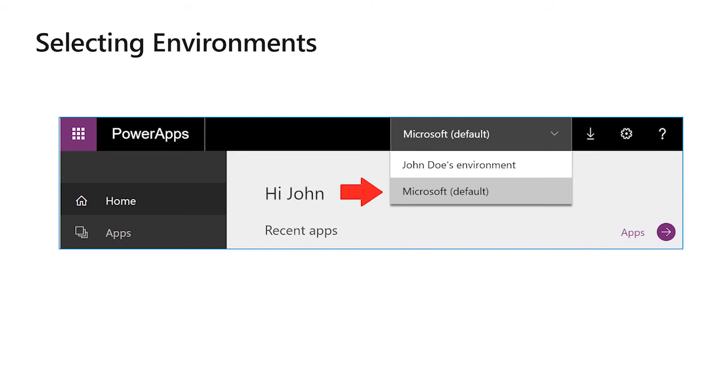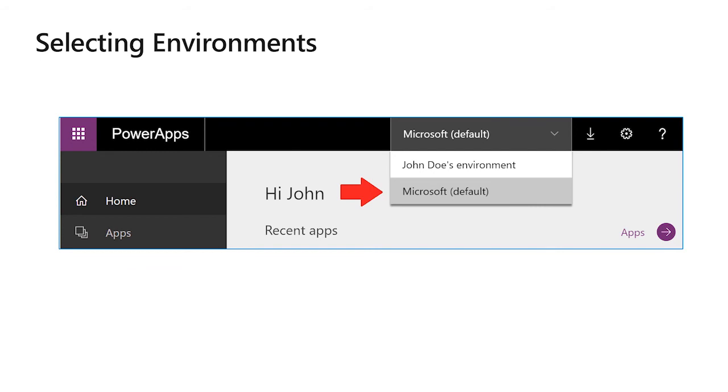In each of the admin portals and the maker portals that you'll be using, and we'll talk about a list of those shortly as we get a little bit further in the content, you'll have the option of being able to select the environment that you're doing the current actions on. You can see on my screen here that I have two environments, John Doe's environment and Microsoft. And the selector determines, when I do actions in that portal, where I'll be working. So it's important that you pay attention, because sometimes as you move from one portal to another, it doesn't necessarily retain the setting that you had on the other portal.